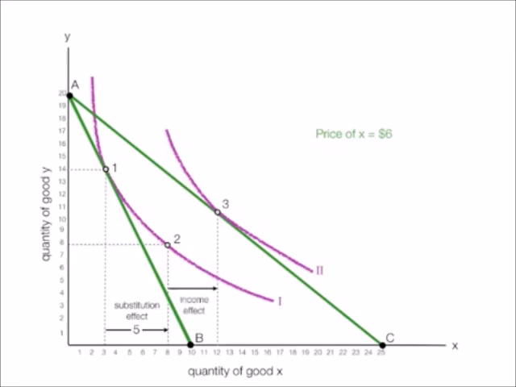In this case, a decrease in price is like getting an increase in income, and in this case, it equals 4. A decrease in the price of X means there'll be a total effect of consuming 9 more units of good X. There are 2 effects here. The total effect is 9, and the substitution effect is 4, and the income effect is 5. The consumer substitutes X for Y now since it's cheaper, and cheaper prices are